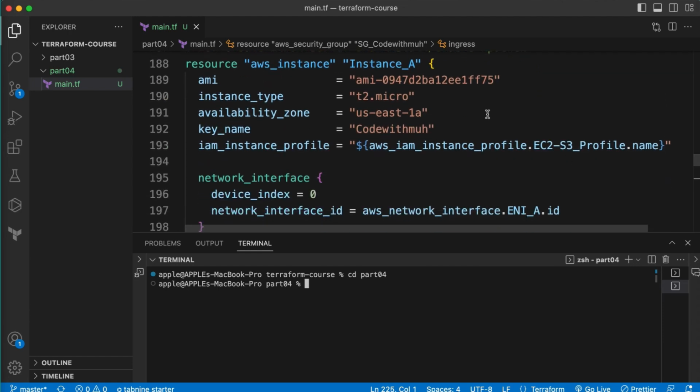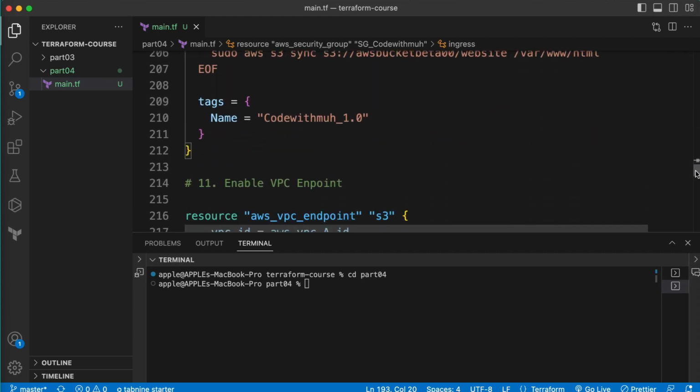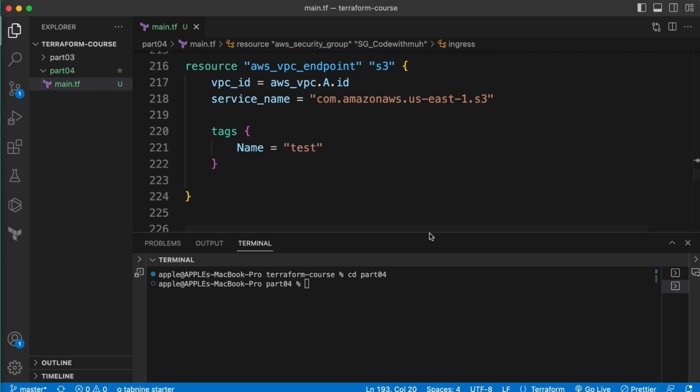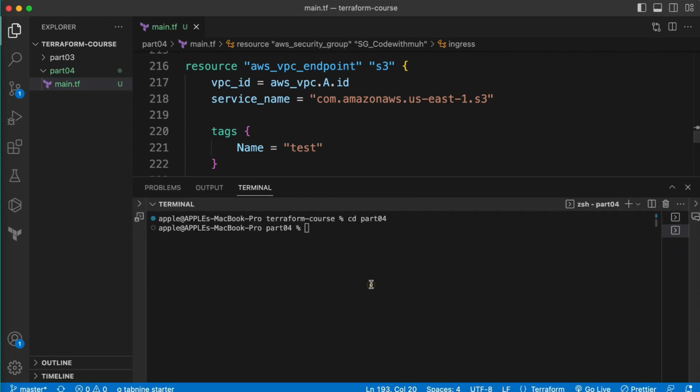you can see we have a key pair named CodeWithMuh, but we have not created this key pair in our AWS account. First of all, we need to create this. For this we have to run a command so we can create our key pair. You have to run the command aws ec2 create-key-pair --key-name